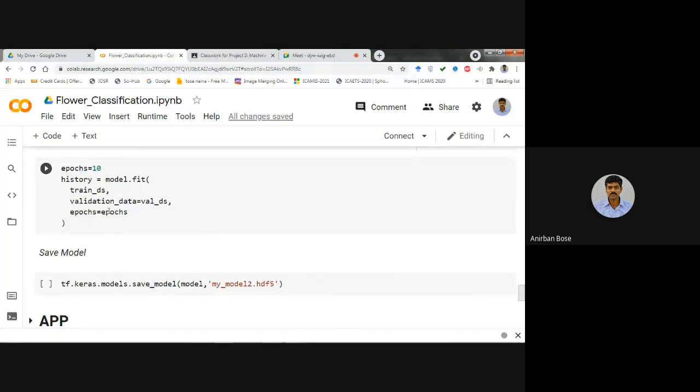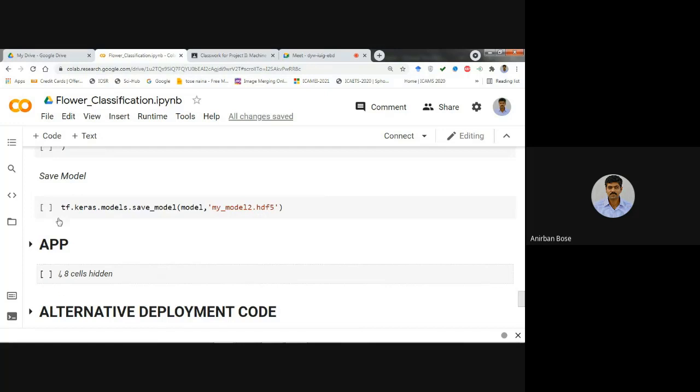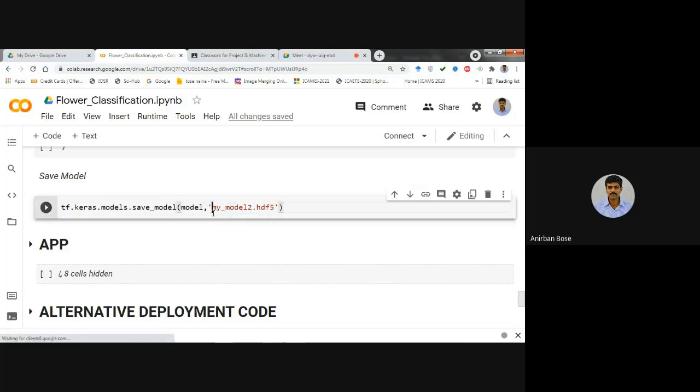At the end of the training, you have to save the model. This is the command that you have to write to save the model, and if you do this, then the model will be saved. You have to give the proper path. If you want to save it within My Drive, then you have to give the proper path, and at the end this particular name will be there. Okay, then it will be saved. So in this way, I have run this and I have saved it within My Drive.